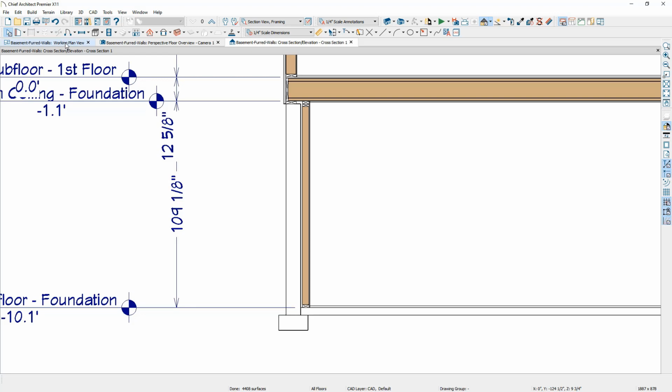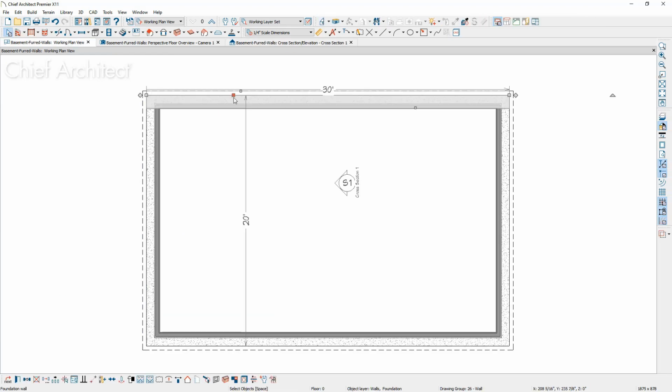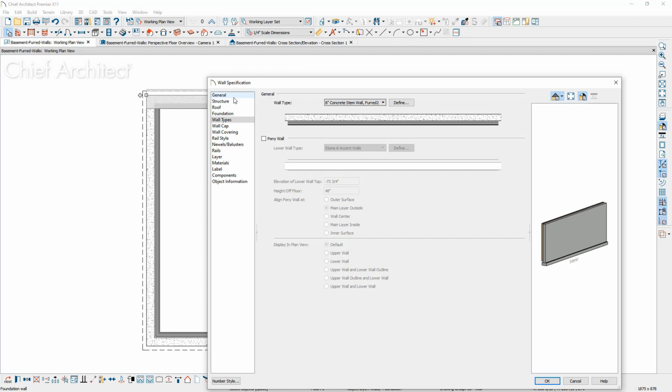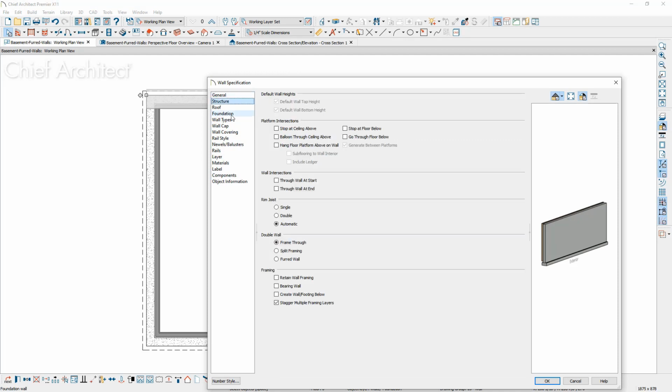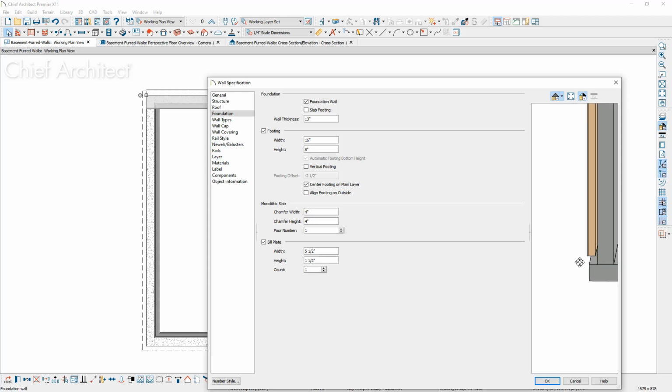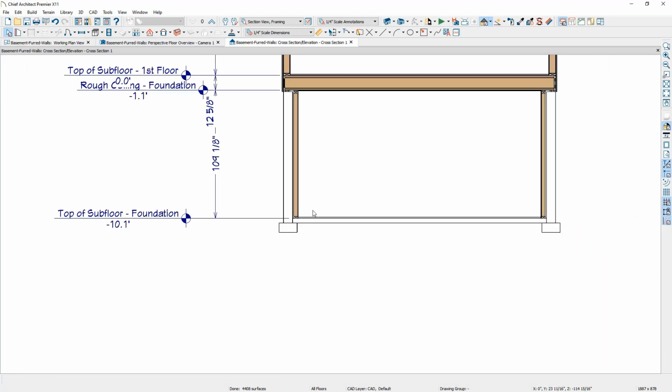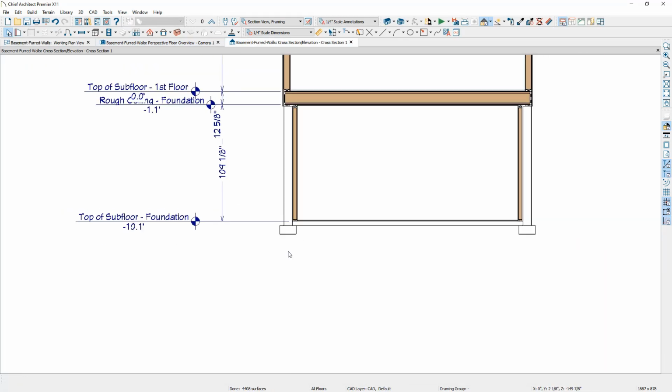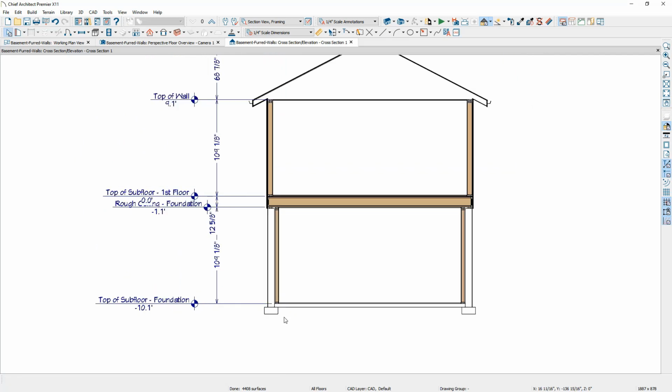If I am in the plan view, you tap on this wall and double click to open it up. One of the things that you'll find underneath the foundation component is on the footing, you can choose to center that on the main layer and zoom in. You can see where that is. Otherwise, if you don't center it on the main layer, you can then change the offset and control how you want that set up. So there's a setting in here if you want to control how that's built and make sure that you have your correct footing. So in this case, we have a stacked platform with a furred wall that's a singular wall made up of a stem wall, an air gap, and an interior wall.